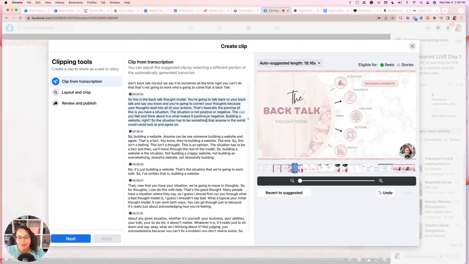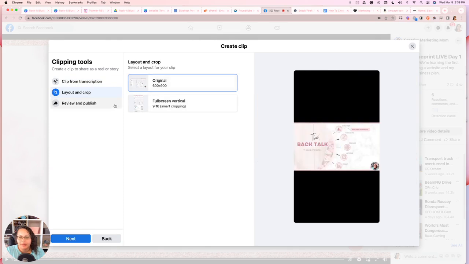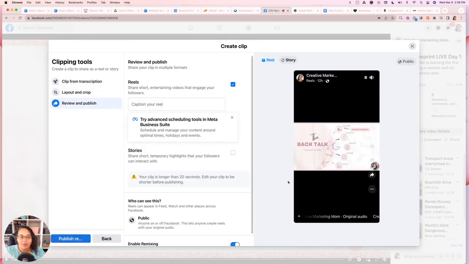It's going to say, do you like it? Do you not like it? And then I'm going to click next. It's going to ask you if you want smart cropping or if you want the original. And then that's it. Isn't that neat?